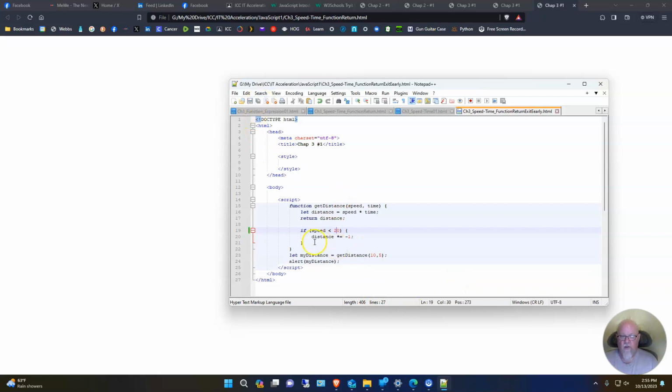So we know this if statement, again, we haven't covered if statements yet. Bear with me. Okay. So I've got if speed is less than 20, so if that statement is true, it's going to make distance multiplied by -1. Okay. So here we've got speed is 10, so that's less than 20. So let's see what that does, so if we run this,